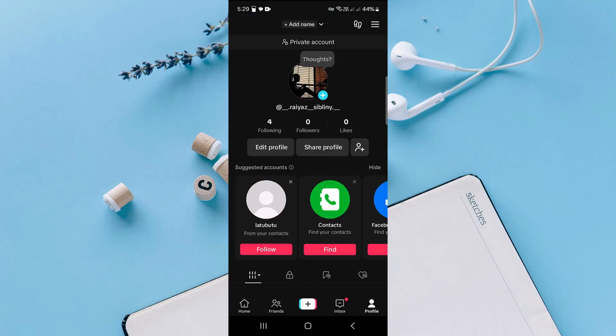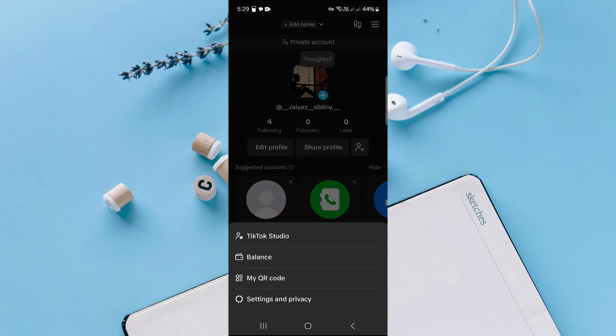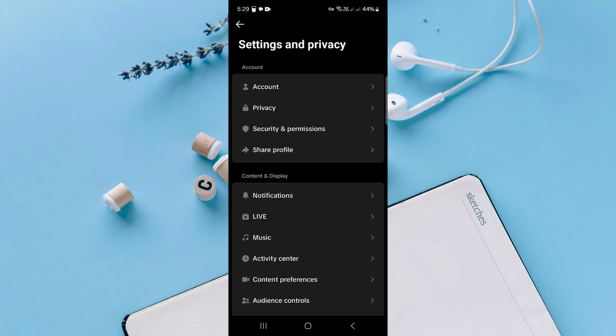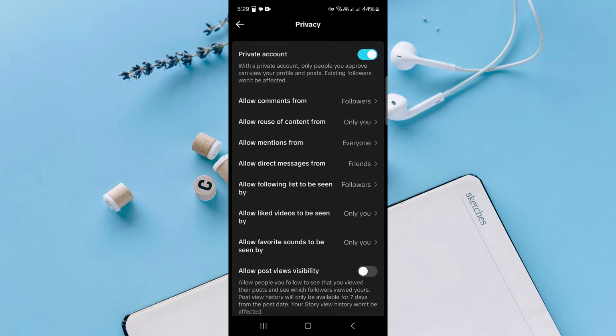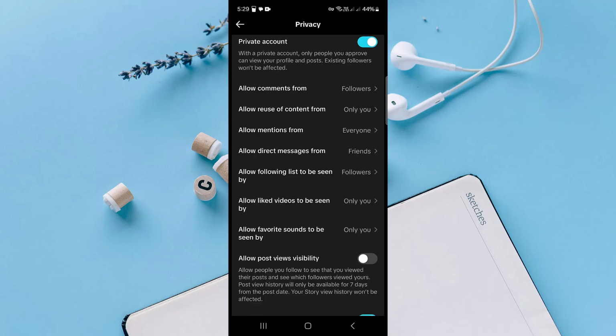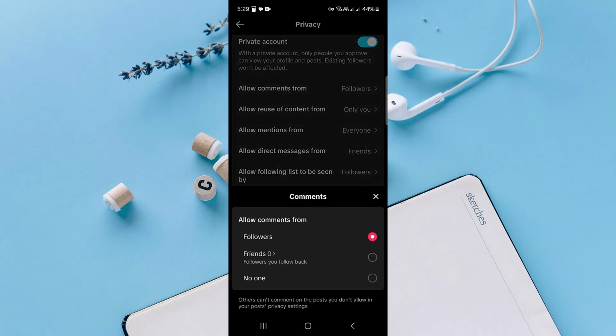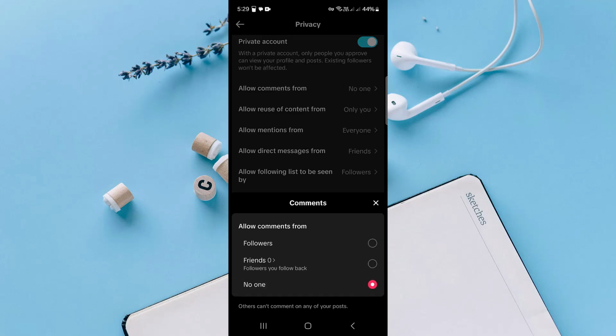profile. Once you are there, tap on the three lines icon on the top right and then tap on settings and privacy. And once you are there, go to privacy under settings and privacy section. And here you will find the option of allow comments from, and then there will be followers or everyone or something like that. So if you want to turn off your comment, you can tap or change it to no